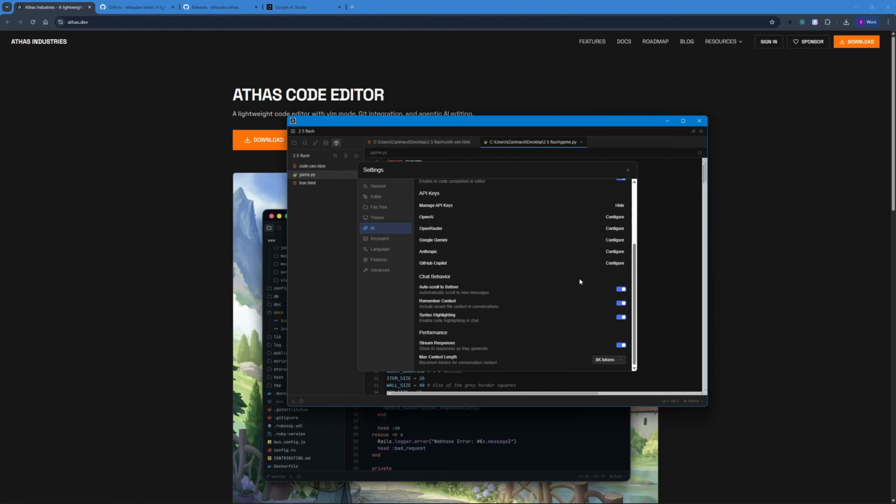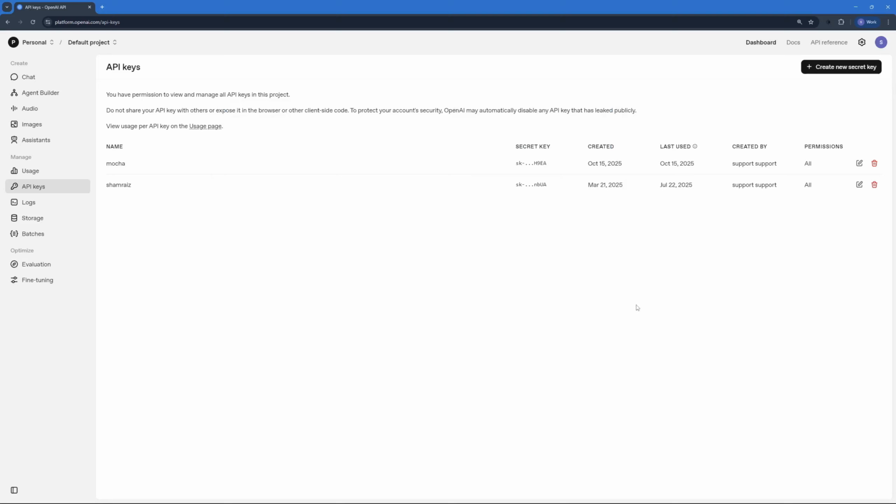Now, if you want to go with Anthropic or any other AI provider like OpenRouter or OpenAI, you can do that as well. So I'm going to be configuring my OpenAI models as well because I think that OpenAI's GPT-5 thinking might be one of the best models when it comes to coding. I have a couple of videos about it on my channel. And for that, I have to go to